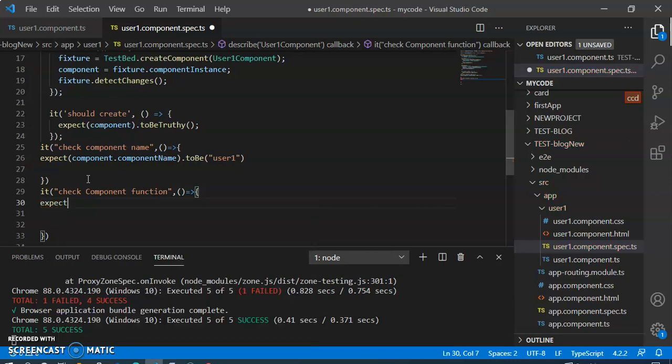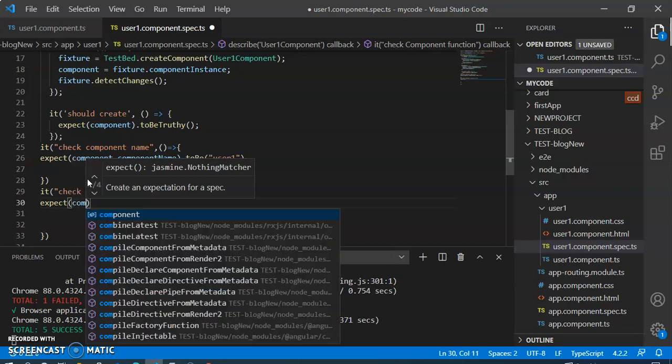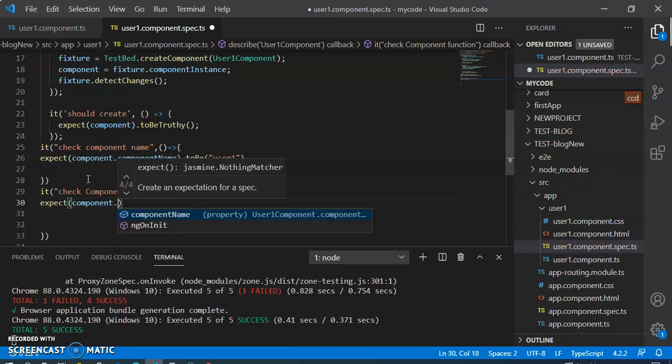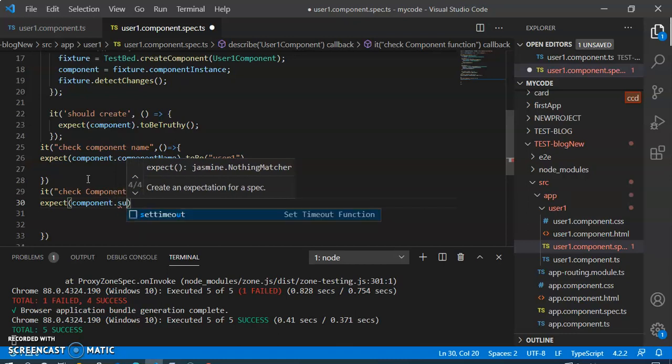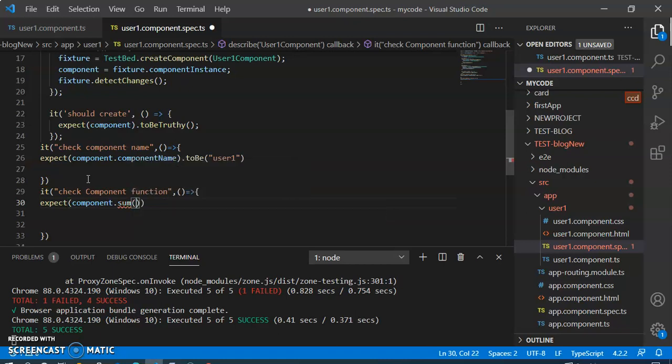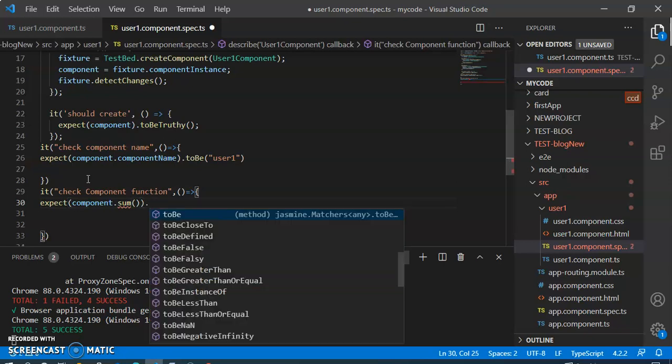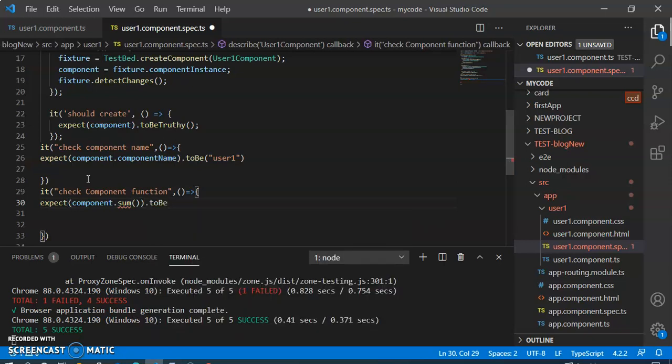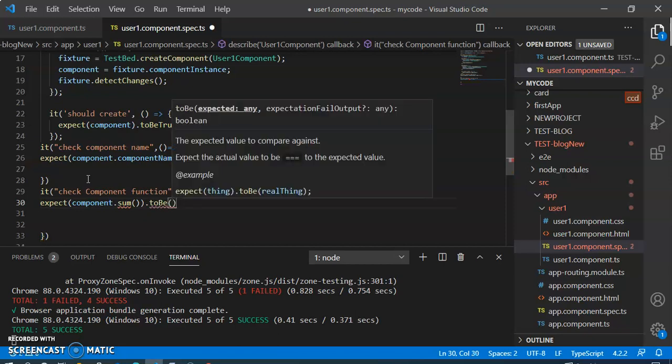After expect we have to open a bracket, and then write component dot. Now we want to do sum, for that we have to write sum, and then you have to write to be 100.